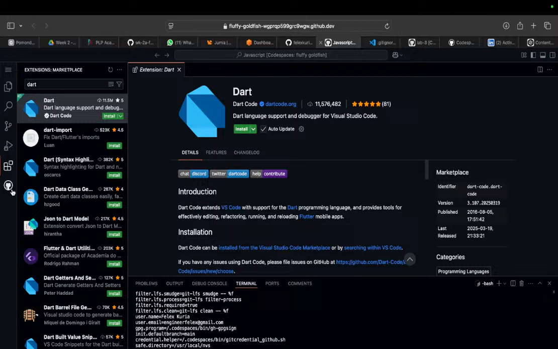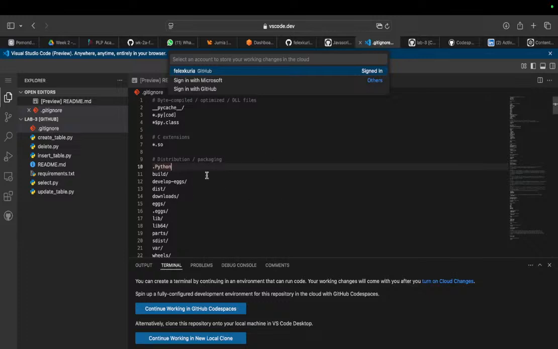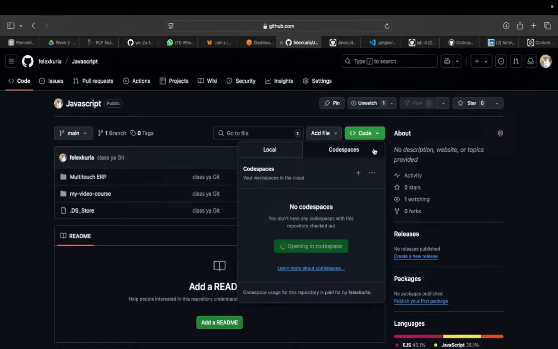can open a codespace and access your code on the browser. You don't need a powerful computer, and it's already set up for you. And the other method you can use to open a codespace is coming to your